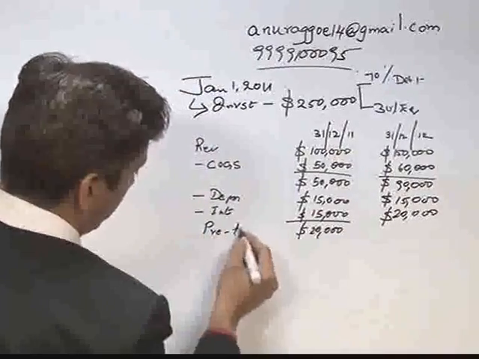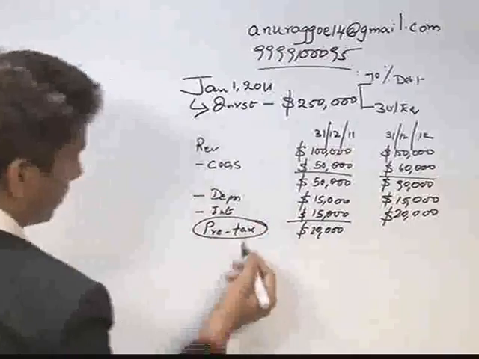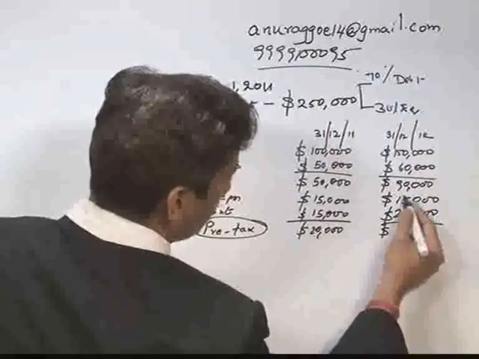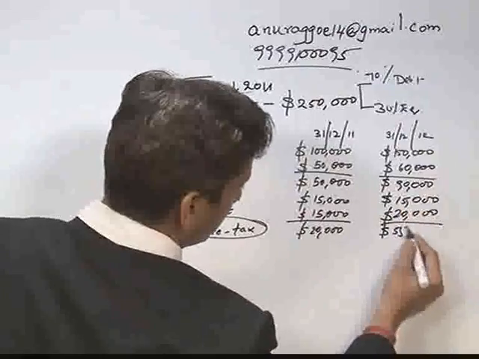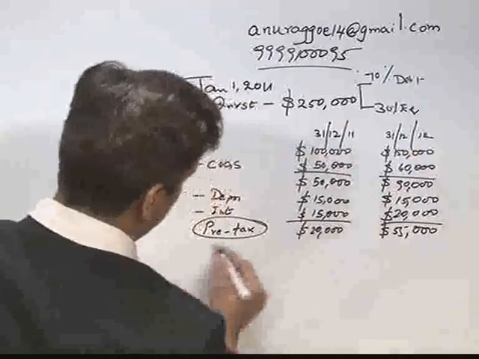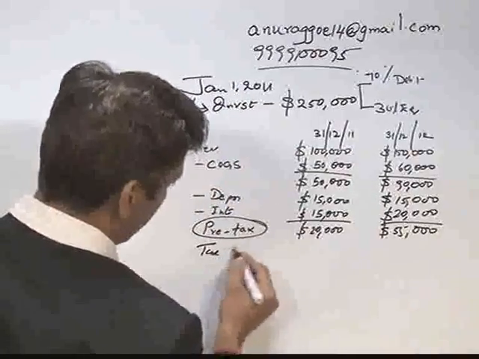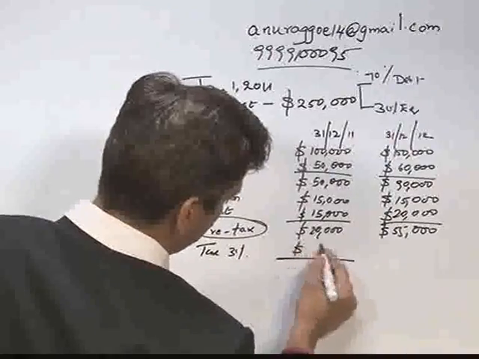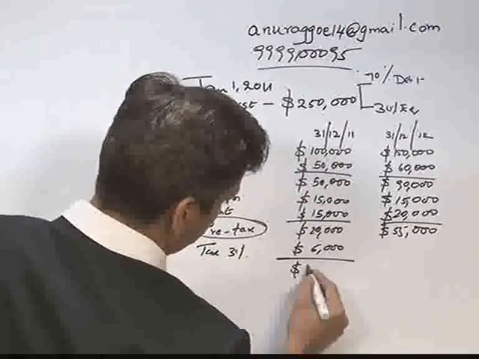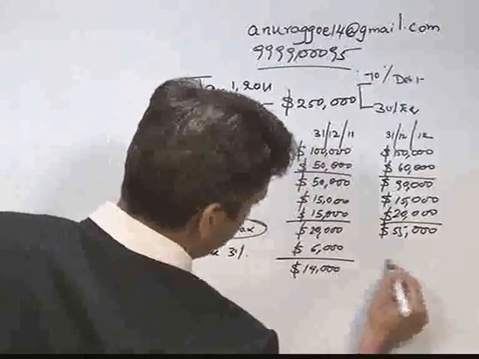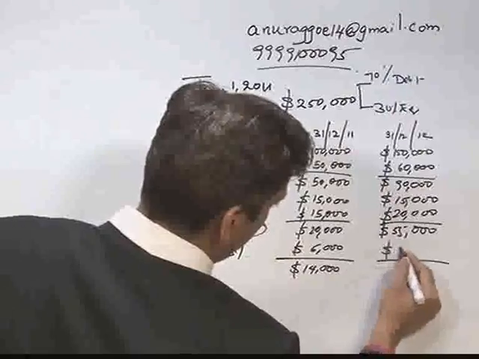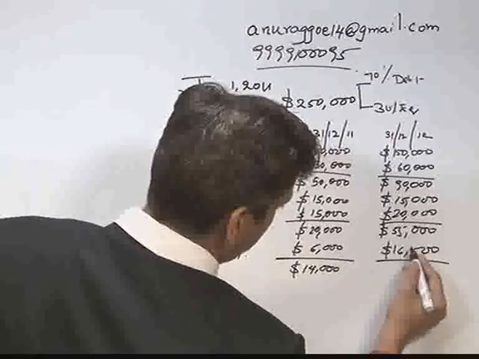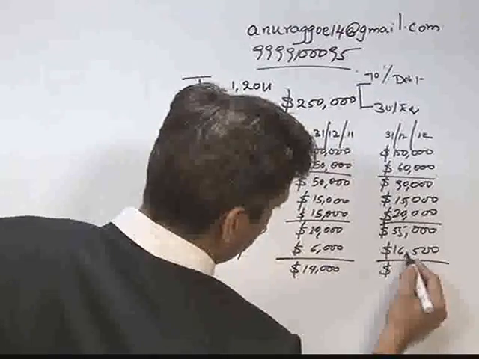Please keep in mind this is pre-tax right now, and as I discussed we will have to take after-tax cash flows because tax is an expense for me. 35, so this is 55,000. I deduct my tax, say this is 30%, $16,500. So we come here at around, this is 40.